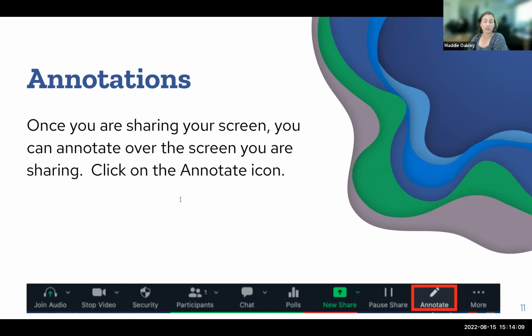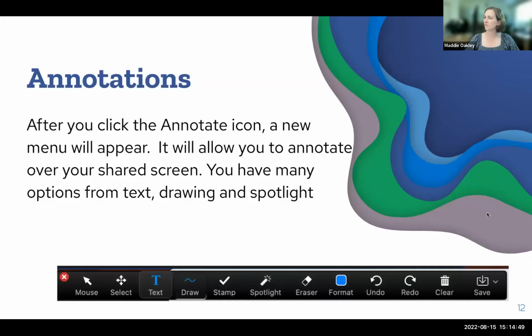You will see this does get used quite often in IEP meetings. So if you are participating in an IEP meeting, this is how you sign IEPs now. If it's on Zoom, the case manager will share their screen. Everyone will click on the green rectangle near the person sharing the screen and choose the drawing tool, sign their name, and then they take a screenshot of that. At least that's been my experience in some IEP meetings that I've participated in. So it's pretty cool that tool is available and makes attending those meetings more accessible for lots of families. So that's annotate. Let's go ahead to the next screen.